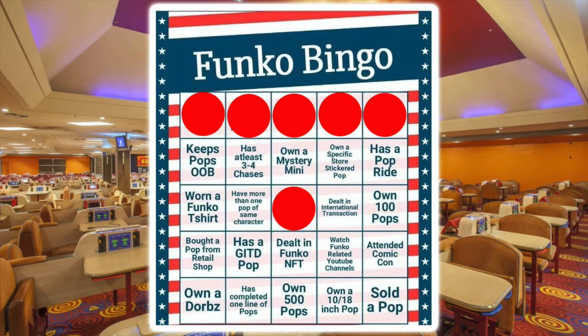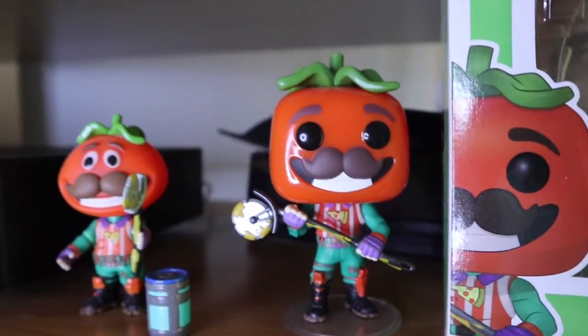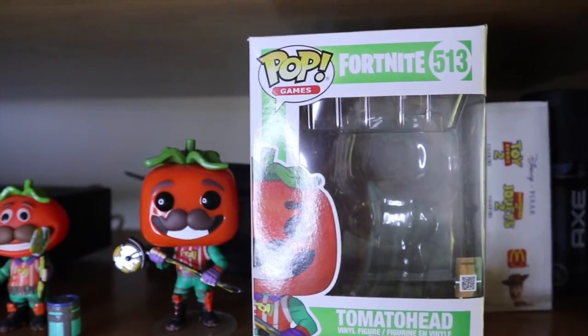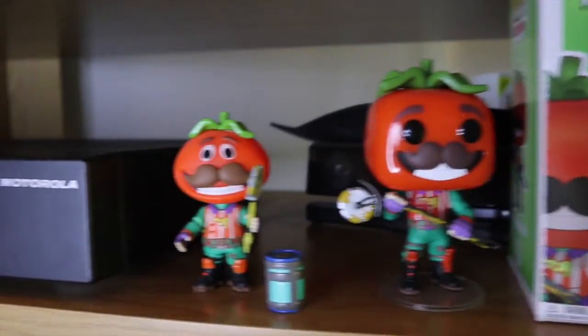Keeps Pops OOB, or it's also known as Out of Box. Now, although I am known for keeping the majority of my pops in box, I do have one pop in particular that I do have out of box, and that is Tomato Head from Fortnite, because when I was on the hunt for this pop, I wanted to have it out of box, but unfortunately I can only find one in box, so I have one with the box, and it's kind of awkward having the pop beside an empty box. So eventually in the future, I am probably going to find another Tomato Head pop out of box